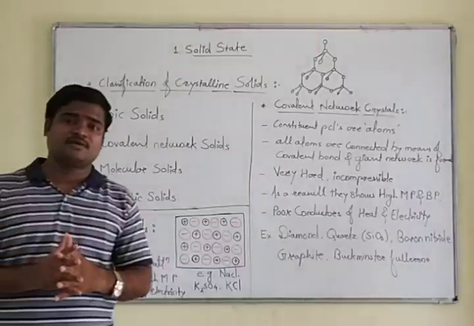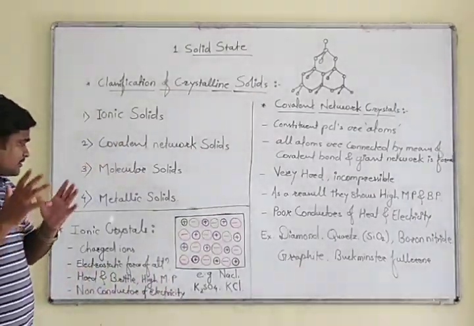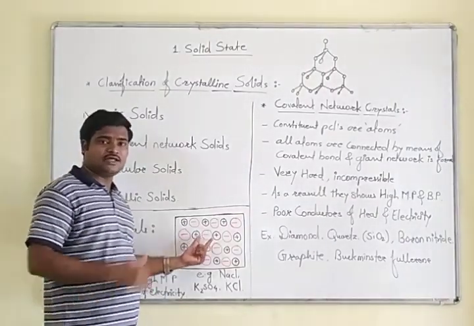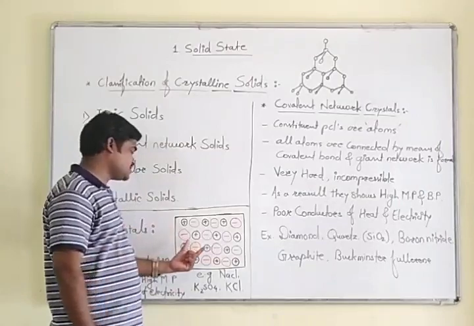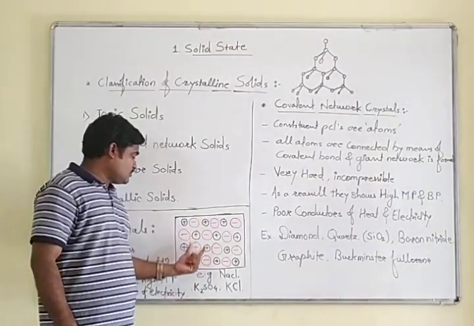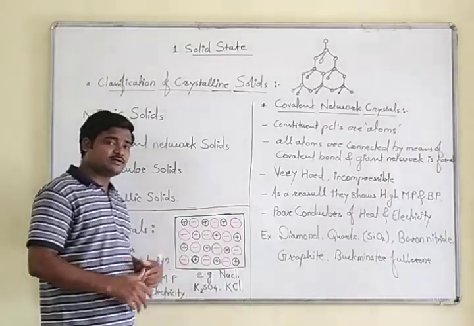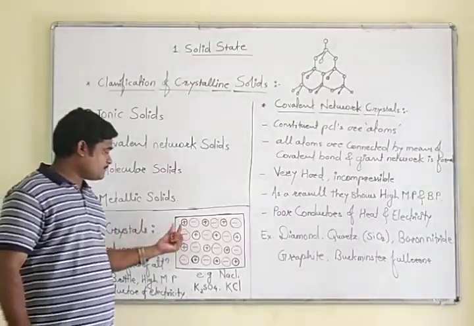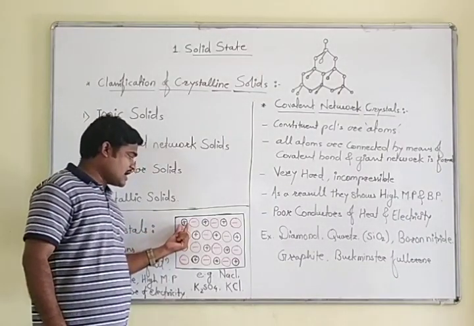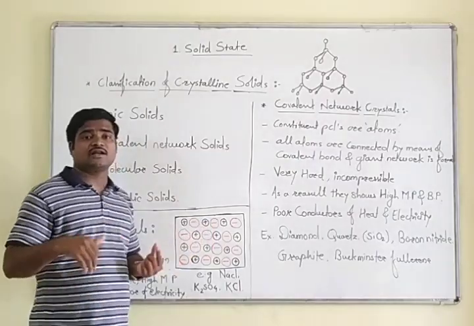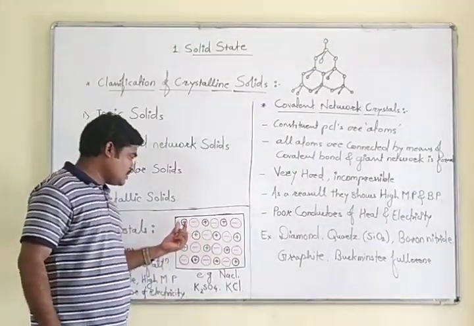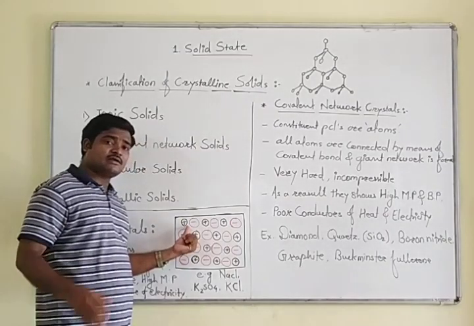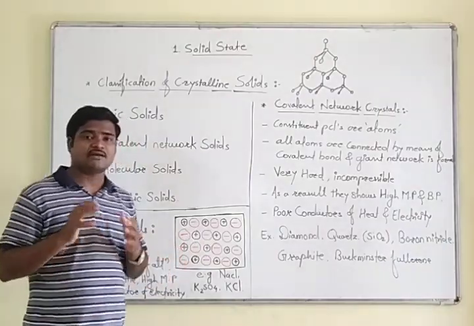There are some features of ionic crystals. Going into detail, first of all we will look at this picture, then we will go to the features of ionic crystals. Look at this picture. You will notice some different ions. These ions, positive and negative, are arranged successively. When you observe, the positive ions are smaller in size and the negative ions are bigger in size.